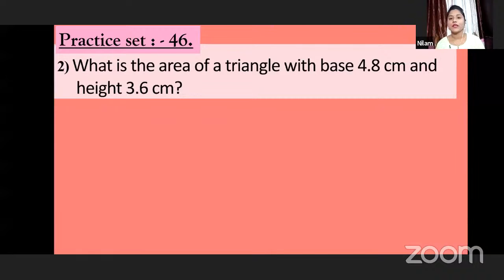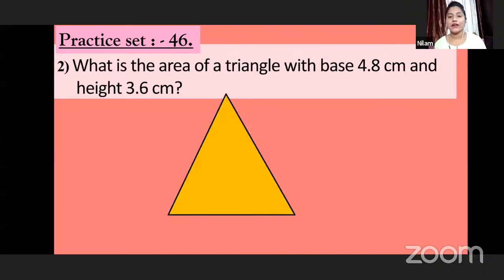See, the next question is on the screen, children. What is the area of a triangle with base 4.8 centimeter and height 3.6 centimeter? See, first we have to read the question carefully and try to understand what is given in the question and what we are supposed to find out. So in the second question, what is the area of? Which figure is it? It is a figure of a triangle. And what other details are given about the triangle? Base is given and height is given. Okay. So the base is 4.8 centimeter and the height is